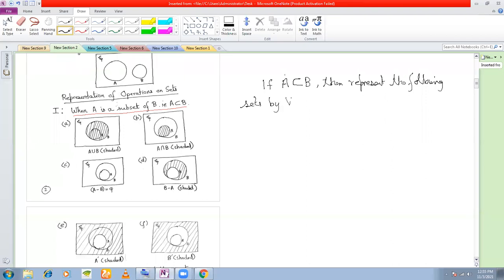By Venn diagram. And in your question, you will be given, let's say, A intersection B, and you'll be given B minus A. Okay, these two questions. So how will you answer these two questions? You will not draw these two figures, this figure and this figure. And you will draw it with a compass, with a pencil. Is that absolutely clear? Yes, sir. Okay.